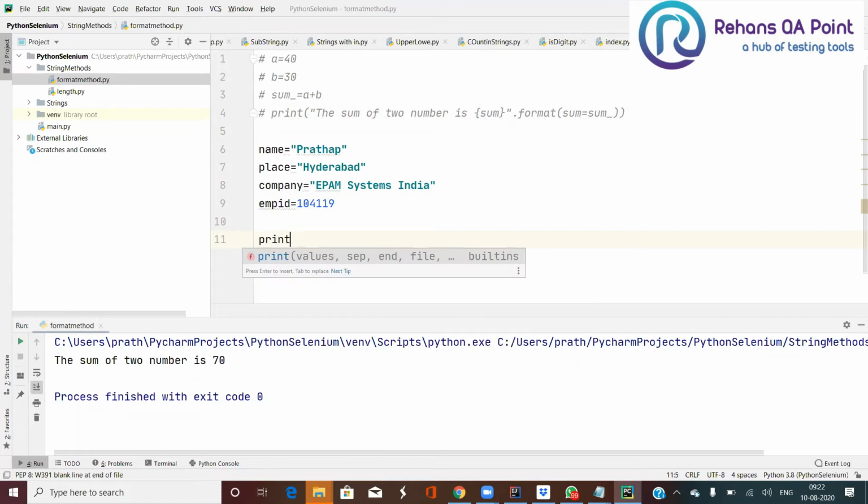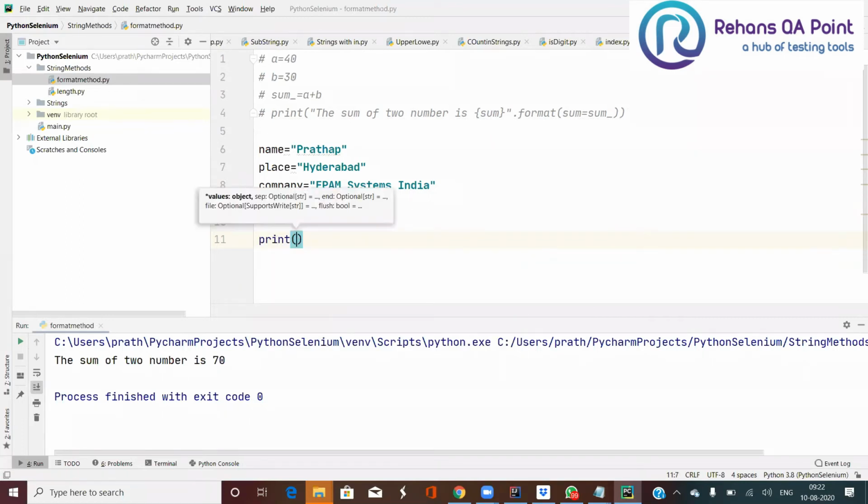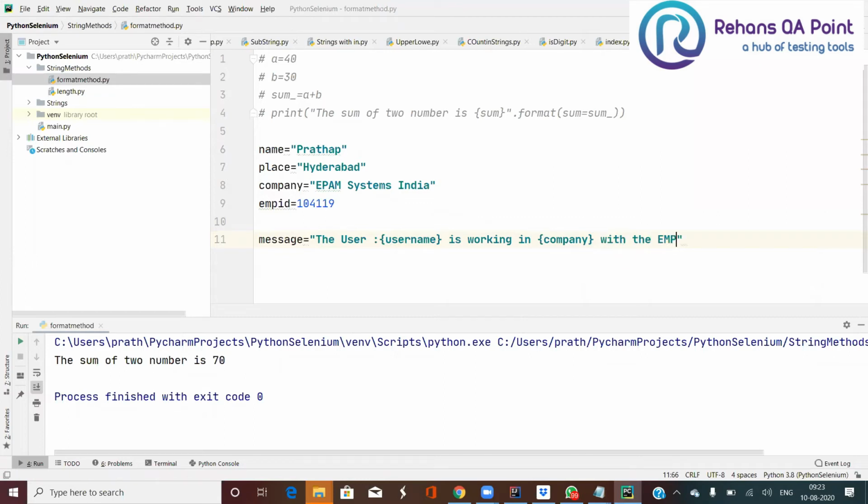So let me use message equal to, the user colon, here I'm going to use my username is working in, here I'm going to use my company, is working in the company with the emp underscore ID colon.